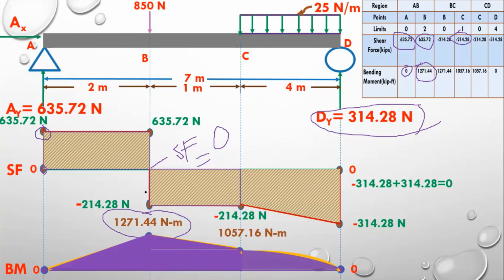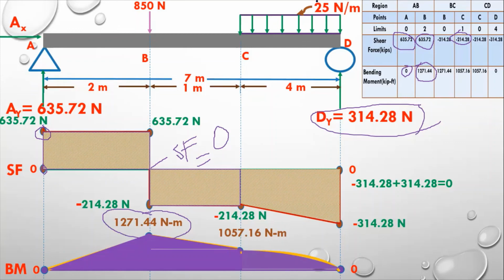So you can see we will get it, and this is the way to calculate the maximum bending moment, and this is the way we can construct the shear force and bending moment diagram for a beam which has a point load and a uniformly distributed load. So hopefully you will understand it, and it will be clear to all of you how you can construct the shear force and bending moment diagram and how you can color it.